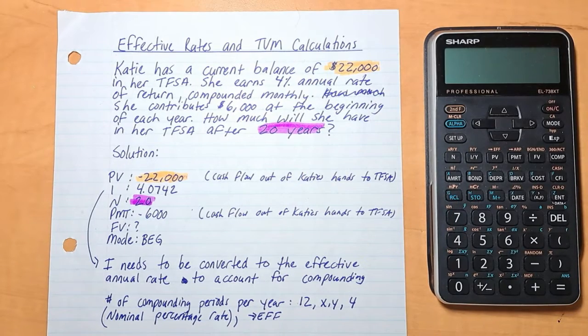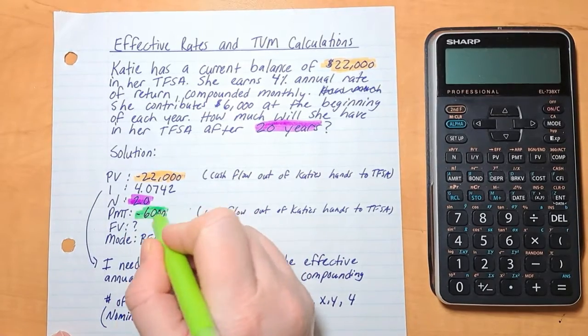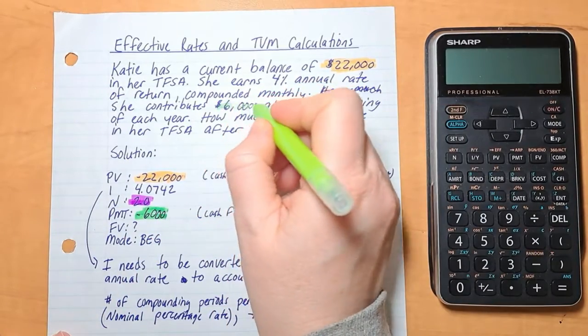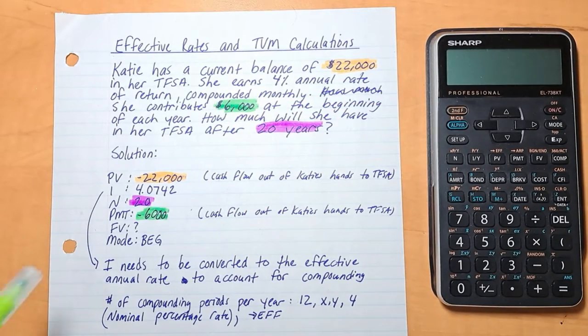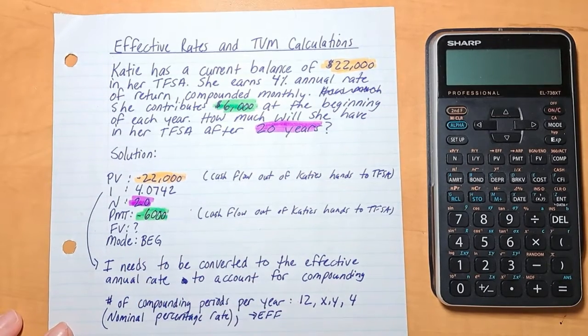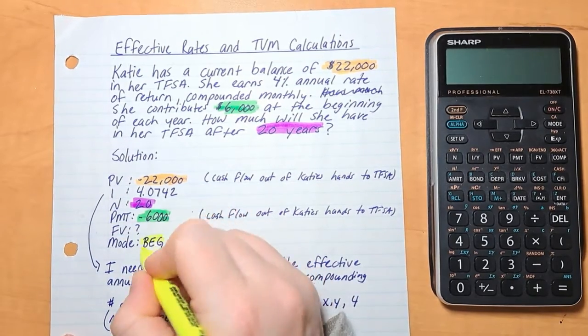And her payments are yearly $6,000. Again, they're negative because it's money leaving her hands into her TFSA account. And the future value is, I don't know. We'll figure that out. And we'll use the beginning mode because she is adding that $6,000 at the beginning of